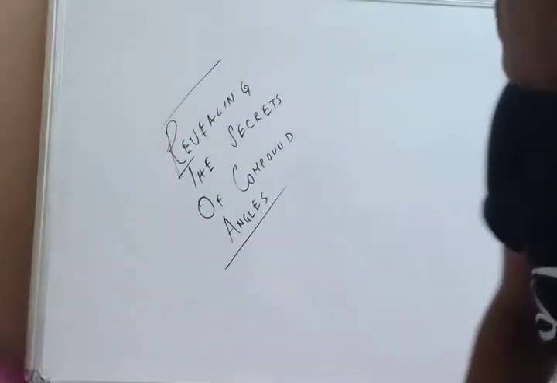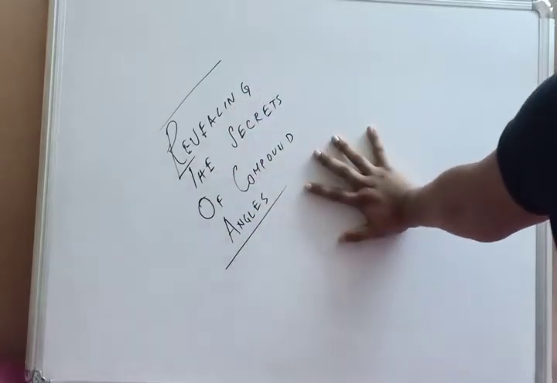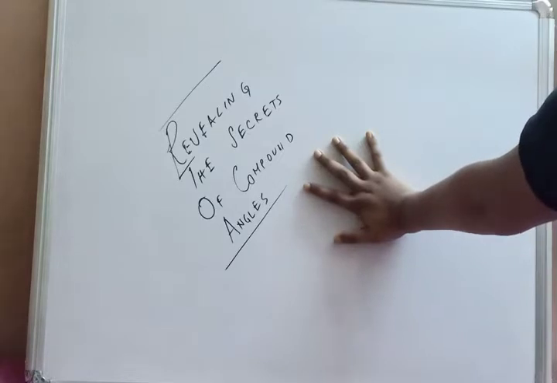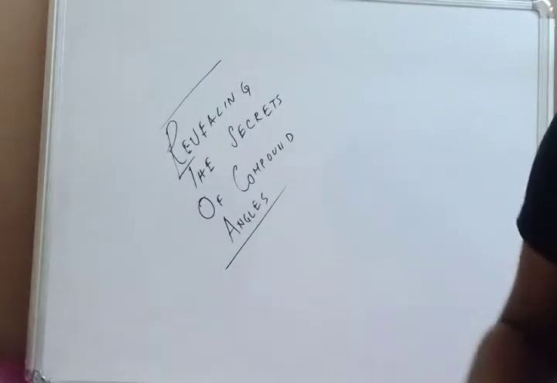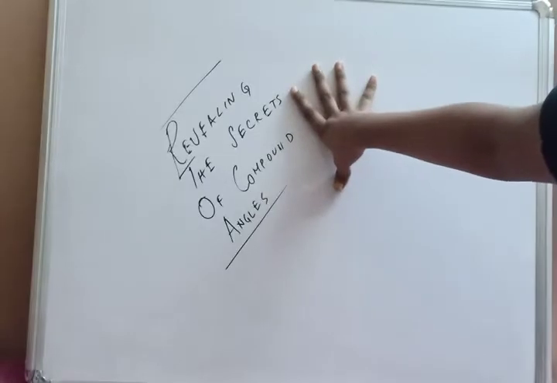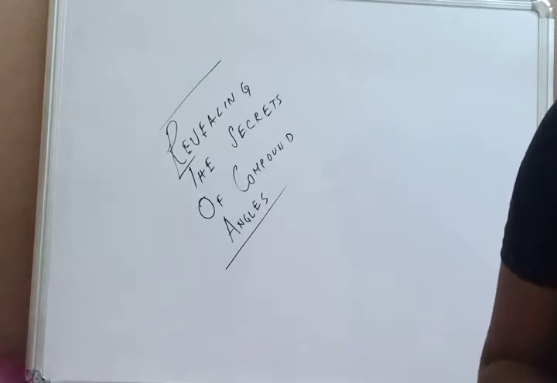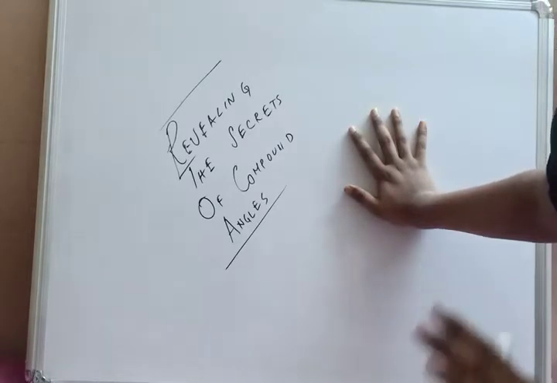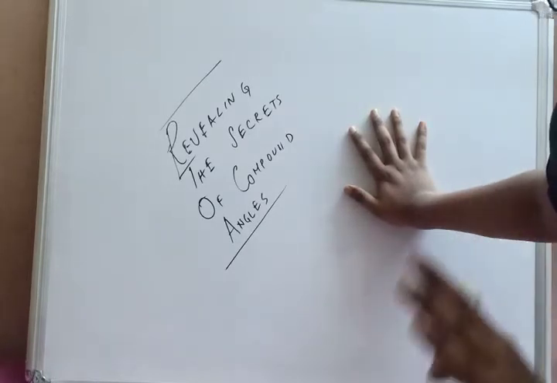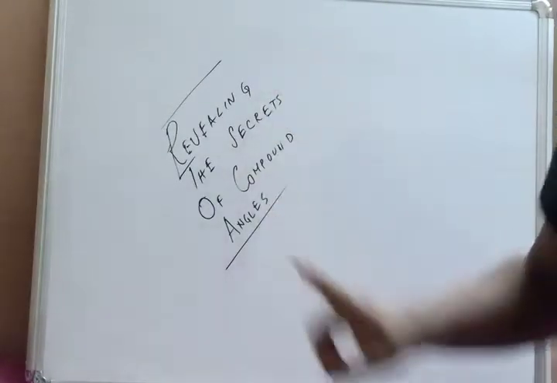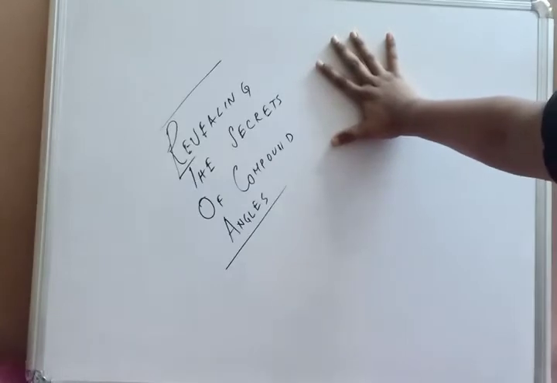So in this particular video, we are going to reveal the secrets of compound angles. Besides seeing the conventional method of proving the compound angle formulas, especially for sine and cosine, we are going to see another trick which doesn't require any knowledge other than simple trigonometry and the Cartesian plane, which I will prove making use of complex numbers, and that will be much shorter. That I will show at the last. First I will do the conventional proof.